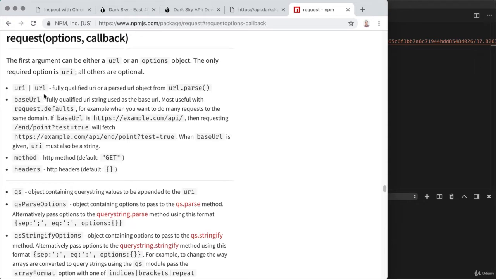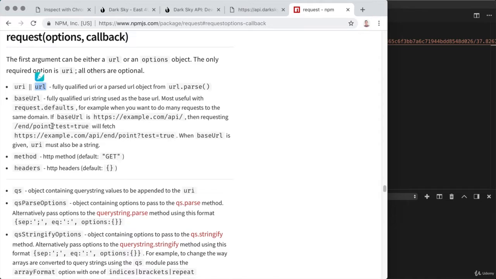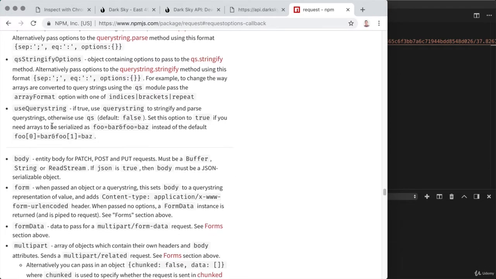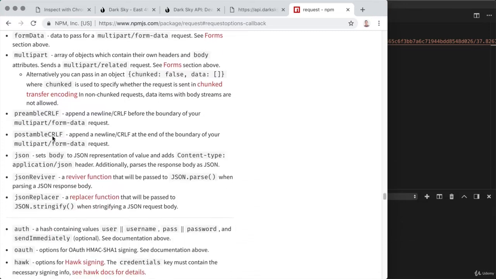Now up top, we already have the URL option, which we've already used. If we scroll down the list a little ways, we're going to see a JSON option. JSON in lowercase can get set to equal true or false. In our case, we're going to set JSON to true, which is going to have the request module automatically parse